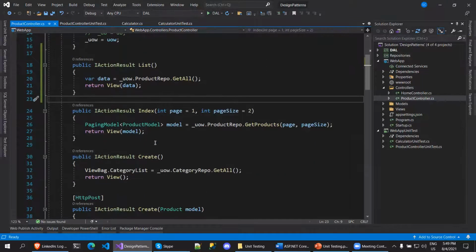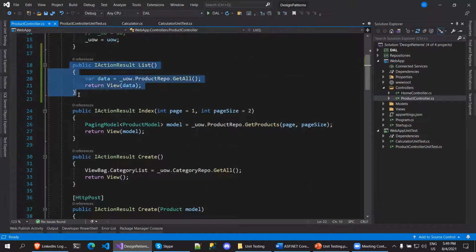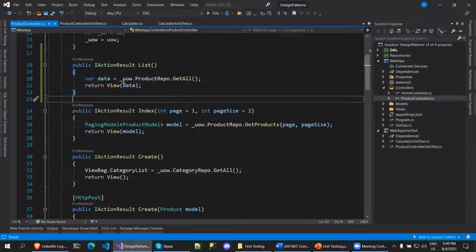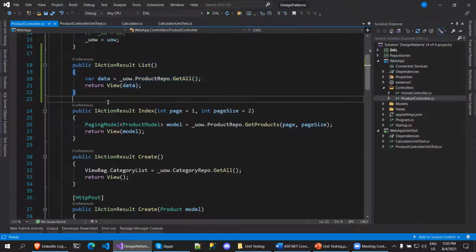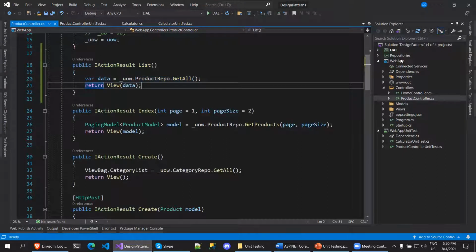Because the objective here is to test the behavior of this index method. We don't care what this method is returning, because my objective is checking this index behavior, whether it is working as expected or not. If you want to check the behavior of this product repository, then write separate unit testing for the